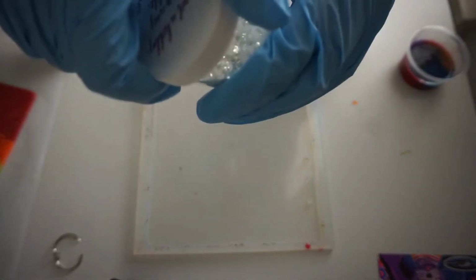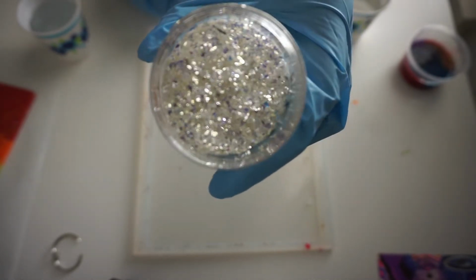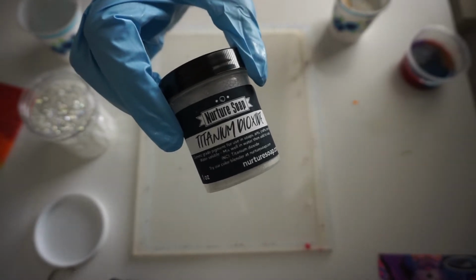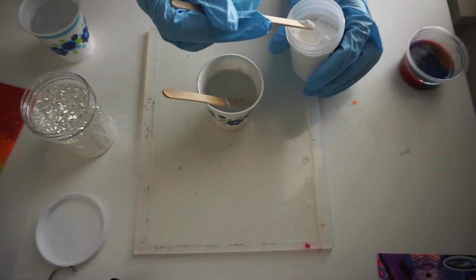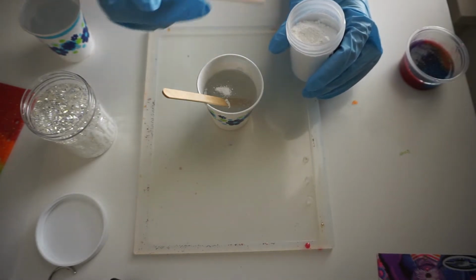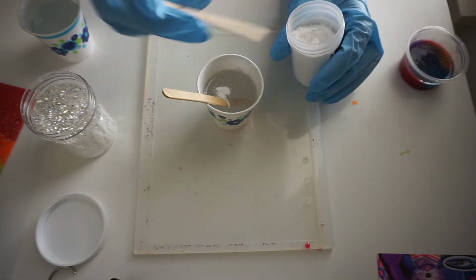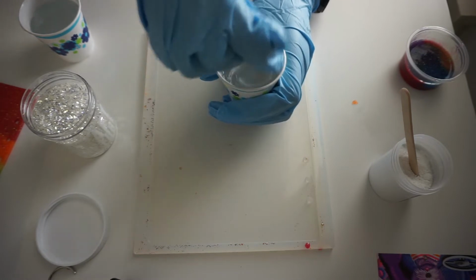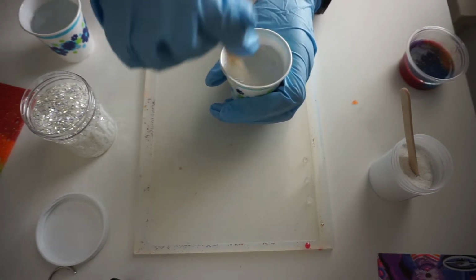And so I remembered that the calendar was on the back of the other side. So I'm gonna take this glitter from Nola Craft Culture. I'll put the name on the screen. And I'm gonna mix it with a little bit of titanium dioxide. Titanium dioxide helps you achieve white if you're mixing anything, like for soap or epoxy, or if you're trying to lighten a color, like if you want to turn something pastel, you would use titanium dioxide. And so I decided to use the titanium dioxide to give me a cloudy effect,